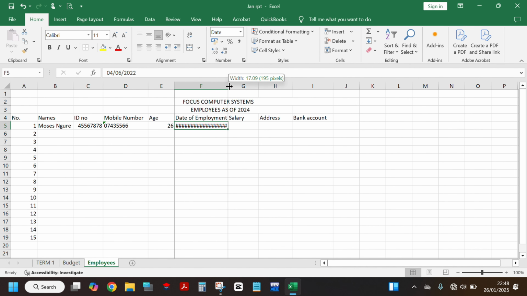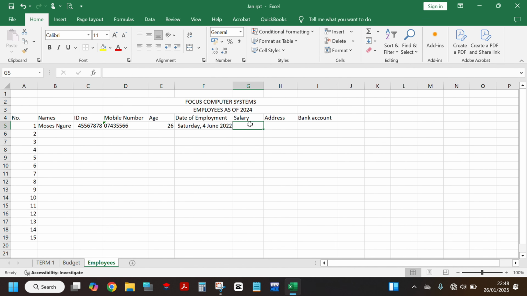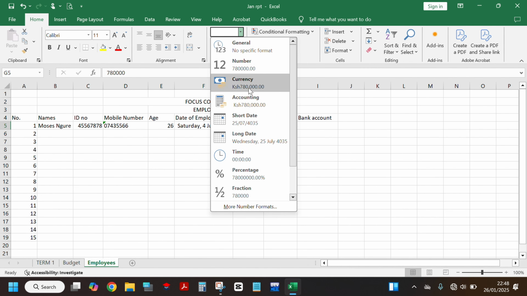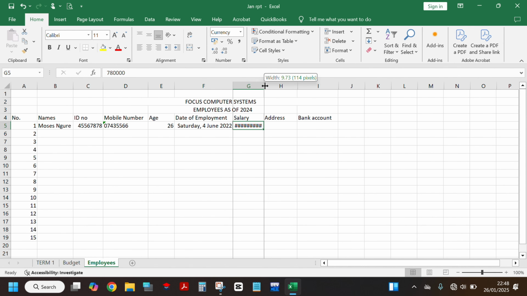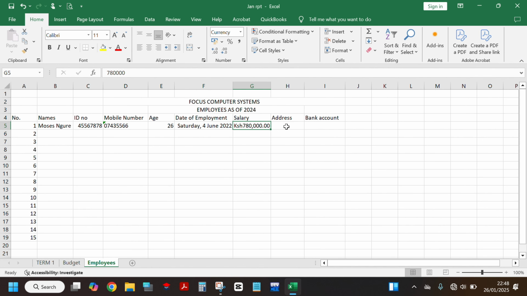In case it doesn't fit, it's going to indicate that. So this means there needs to be an addition of some space. Salary, if you also need this to be money, I'll select, come here and change to money. Address, bank account, that way. Put the second person,